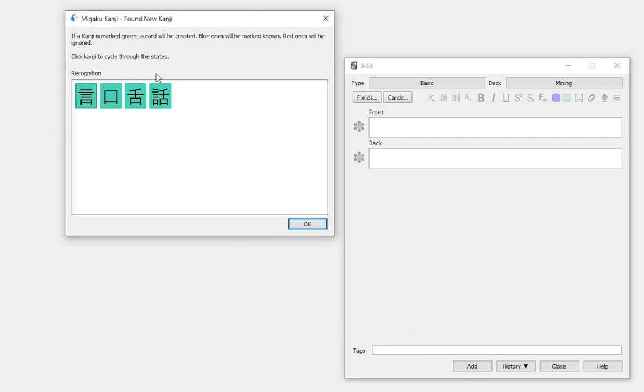And here it warns us, hey, there are new kanji you have to add. Obviously, as I said before, or as you've seen in the field, I only added Hanashi. But since I've already unmarked all the other components of it, it also wants to add those as well, because you'd have to learn them first before you learn the final kanji. And here you can choose whatever you want to do. You can leave them as it is right now, and it will automatically add them. If you set them all to blue, it will set them as marked, but not add a card. And for red, they will be ignored. And like that, the cards are added.